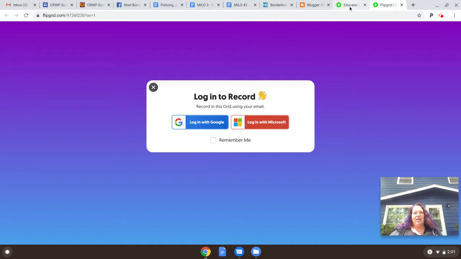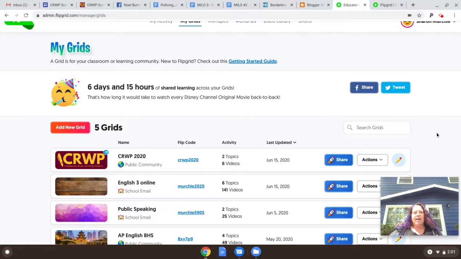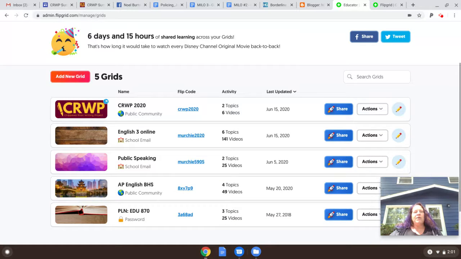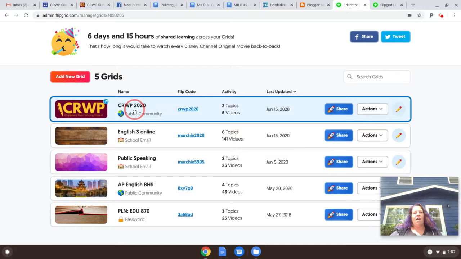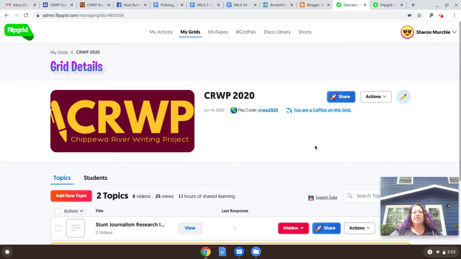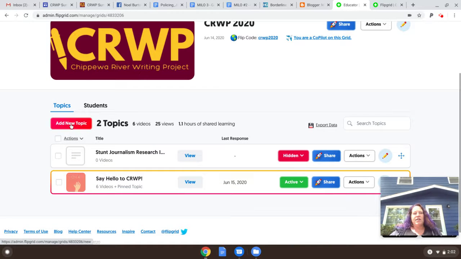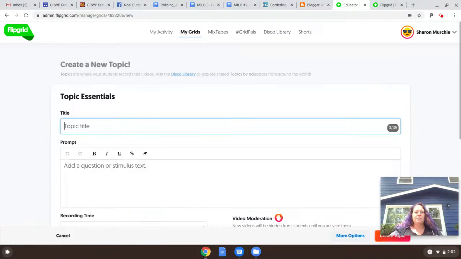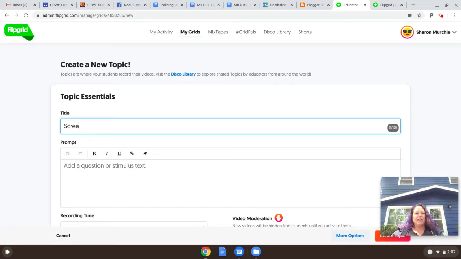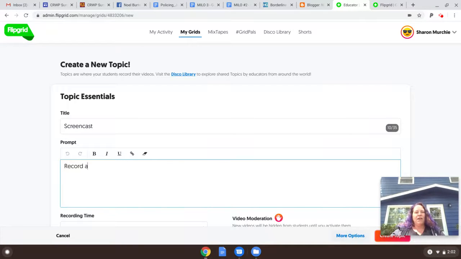So on the educator side, if you want to set up a grid, you can set up a grid for your class. As you can see, I have a grid set up for each one of my classes. Or if you already have a class set up, for example, we have Chippewa River already set up as a class, then I could just add a new topic. So I just click add a new topic. And here I would put in my title. This would be my screencast. And my prompt, record a screencast with